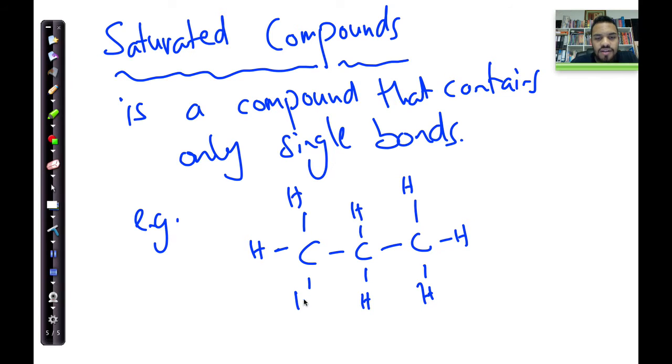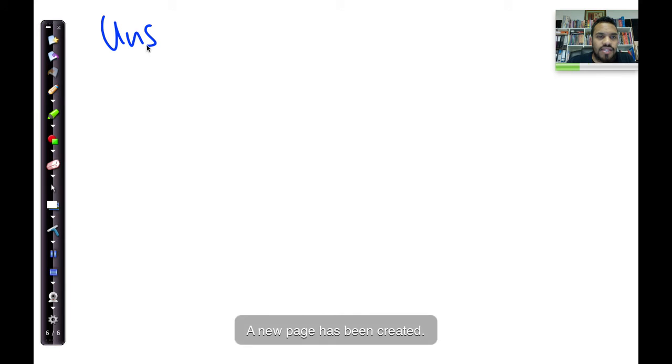Now saturated compounds, something about them, they are highly unreactive compounds. So a saturated compound is a compound that contains only single bonds like the one you see over here, and in this case, meth, eth, prop, this is actually called propane. Okay, so that's an example of a saturated compound, a compound that contains only single bonds between its carbon atoms, and like I said, they are highly unreactive. So let's take the next one and let's say unsaturated